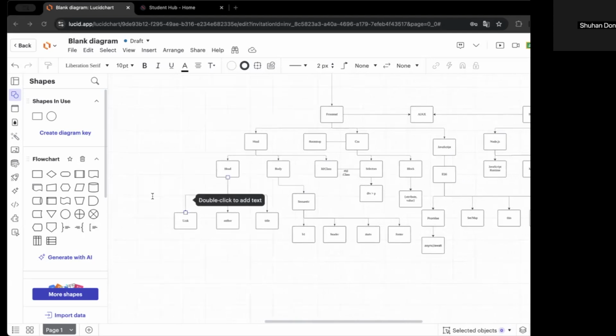And after finishing the HTML, the CSS. CSS controls how the page looks, like the color, like the fonts and the layout. And for example, the CSS can change the button's color, change the paper's color, and